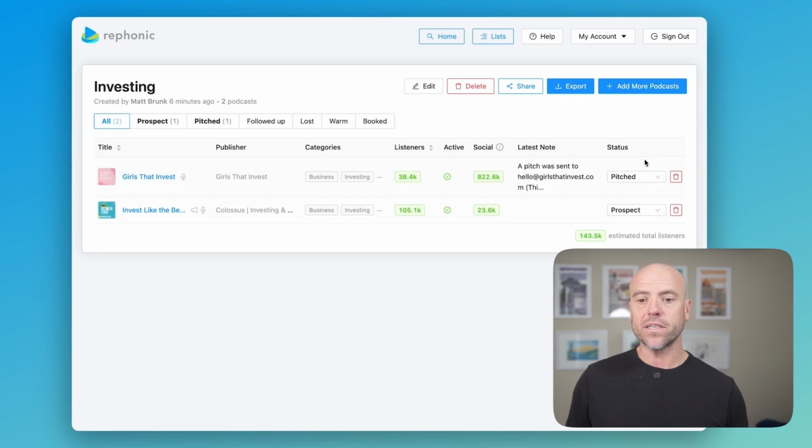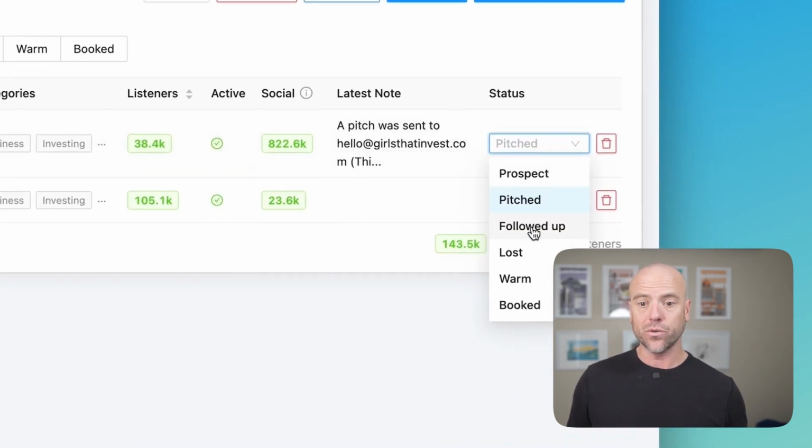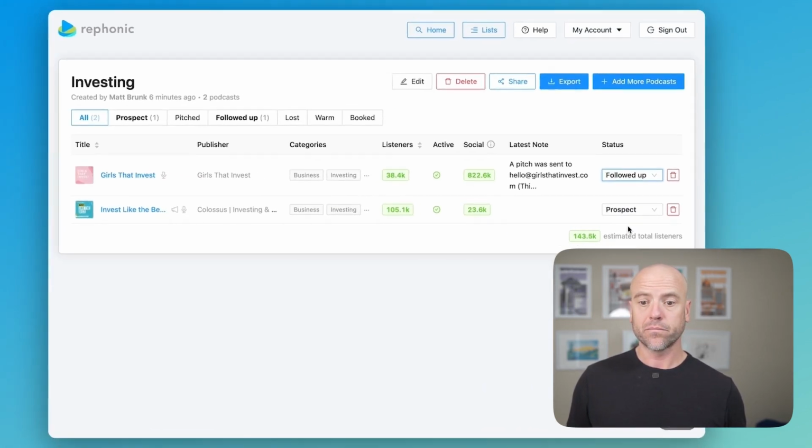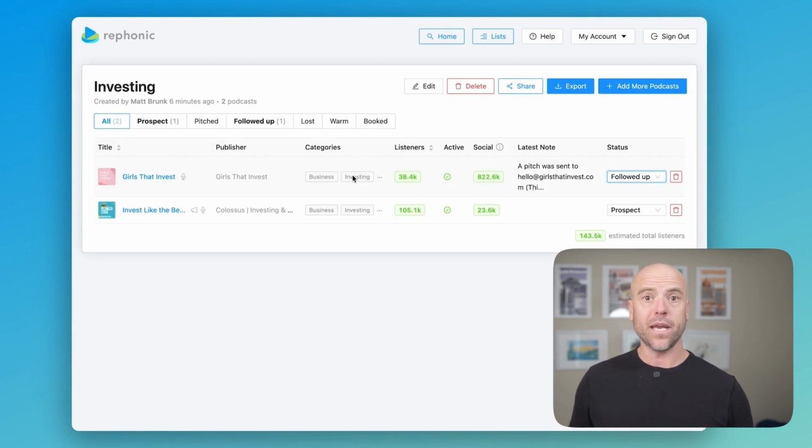So what you can see is these pipeline stage drop-downs, so you can keep track of every pitch and whereabouts in the booking process you're at with each show. So we just marked a show as pitched, but when I send a follow-up, I can change the status to followed up. Boom. The list will automatically update,